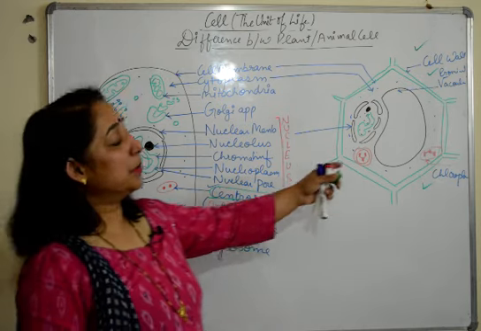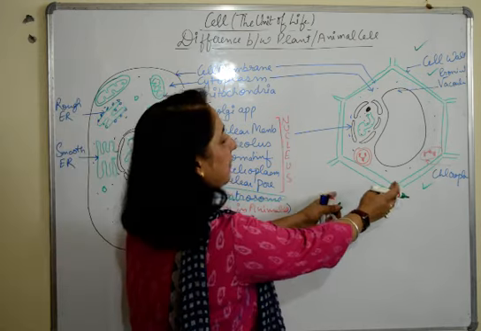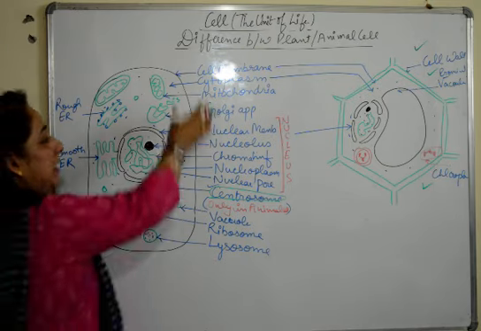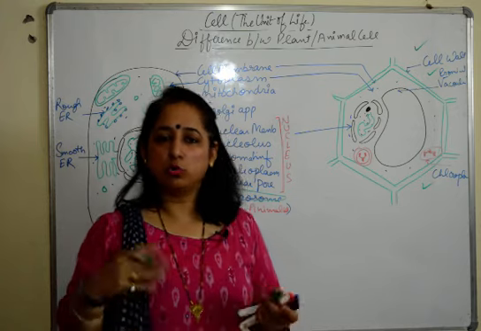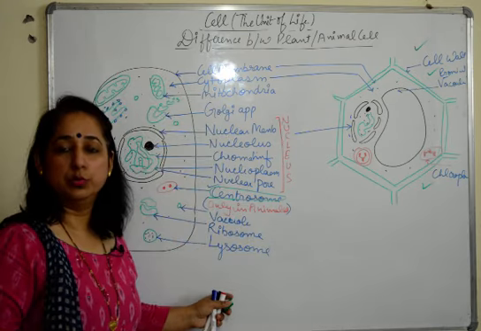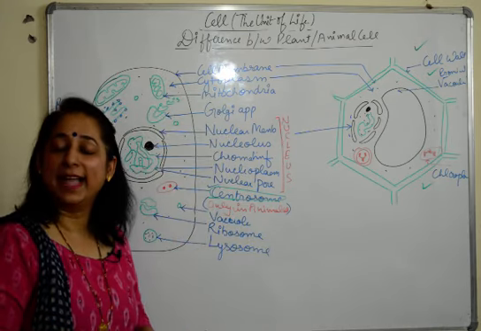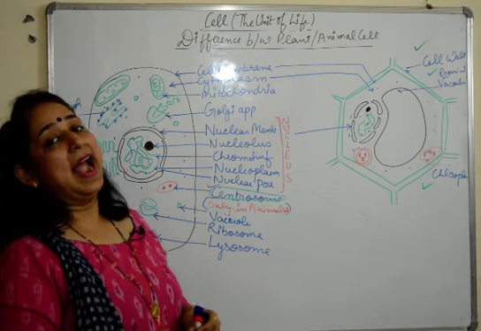If you get the diagram of plant cell, make it the same way as you have made the animal cell. Try to label everything on one side. You won't get both the diagrams to draw. So whatever comes, try to follow the rules. So this is all about our diagrams for animal and plant cell and their differences.